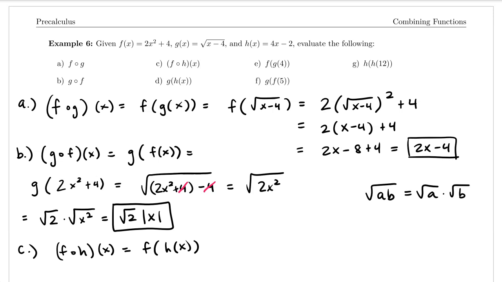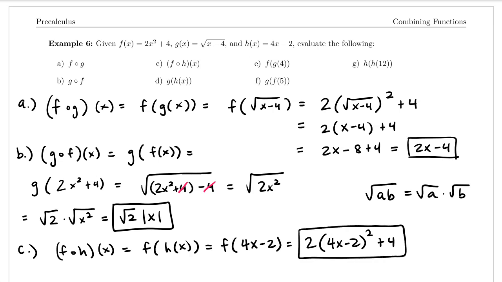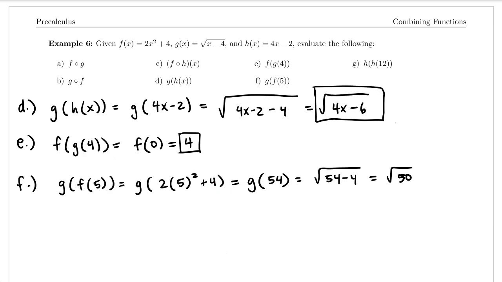For part C, we have f composed with h. So we're taking our h function and plugging it into f. This is going to equal f of 4x minus 2, and that gives us 2 times (4x minus 2) quantity squared plus 4. If you want, you can expand out the thing inside of the parentheses, but I'm just going to leave our answer like this. So that's part C. At this point, I've written out the solutions for part D